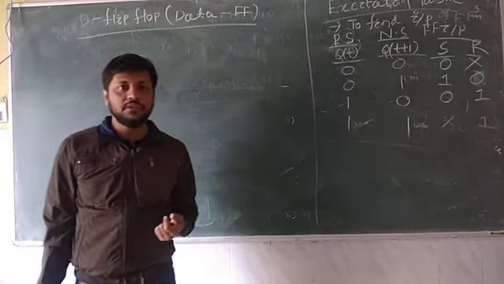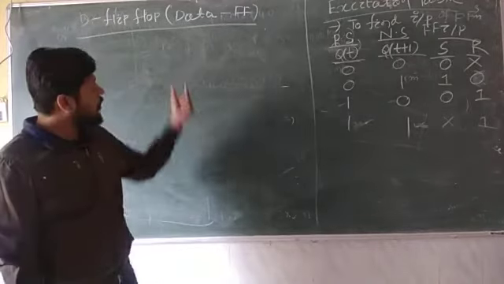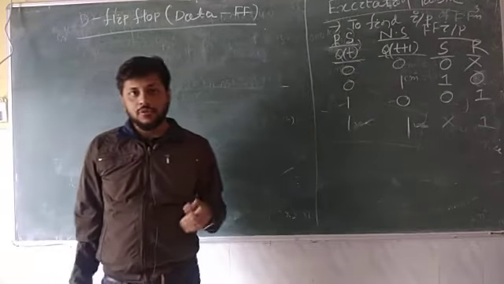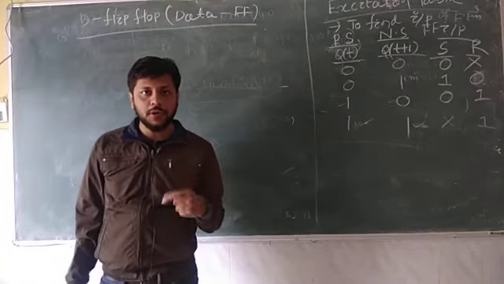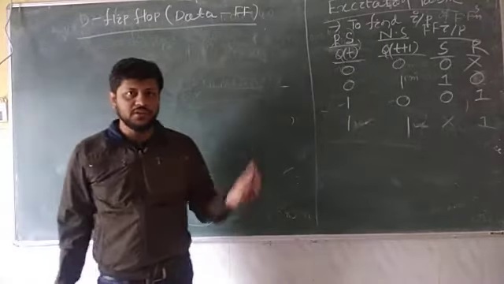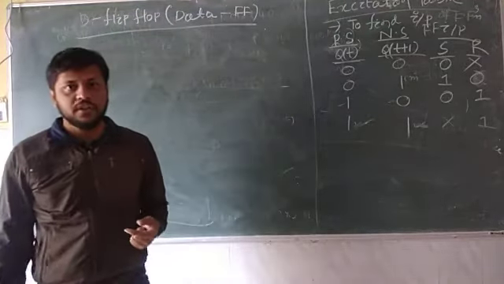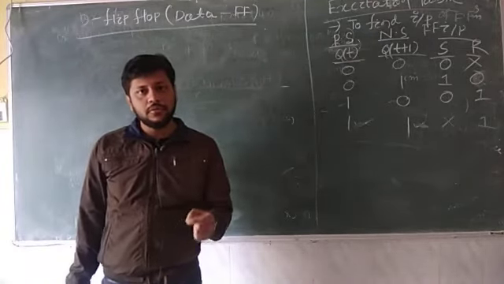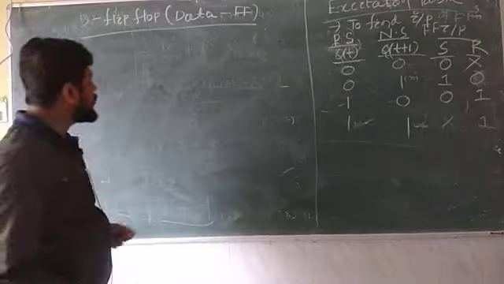In the SR flip-flop, we have seen that 1 1 is the invalid state. In this case, there is no invalid state. This flip-flop is known as the data flip-flop because in the next state, whatever the previous state, we will get the input only. That is, whatever input is applied to the flip-flop, with some delay we will get the same input at the output side. That means this flip-flop also acts like a delay flip-flop.